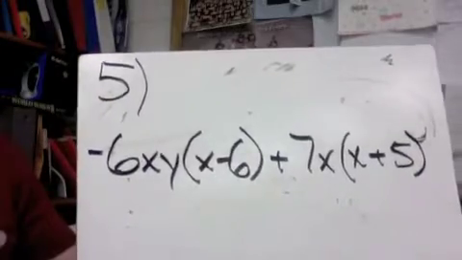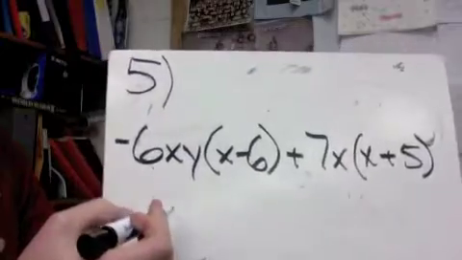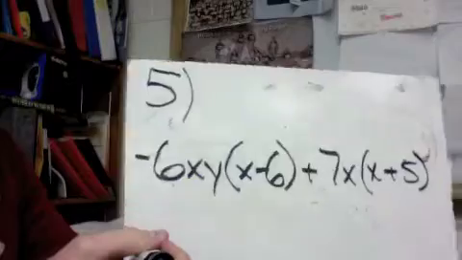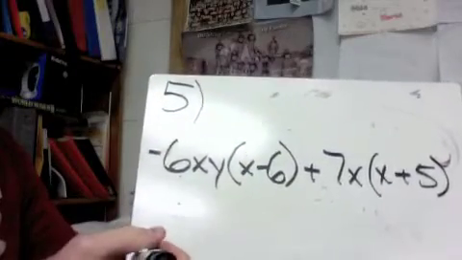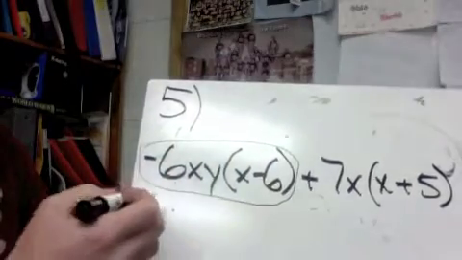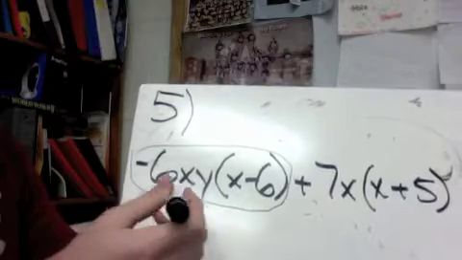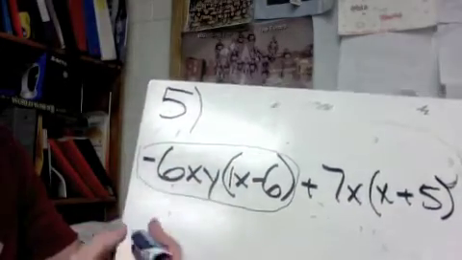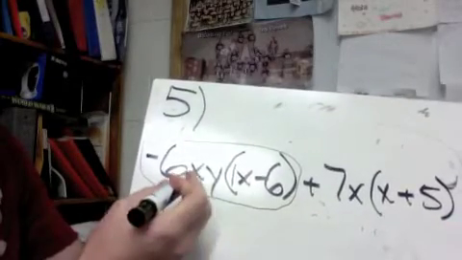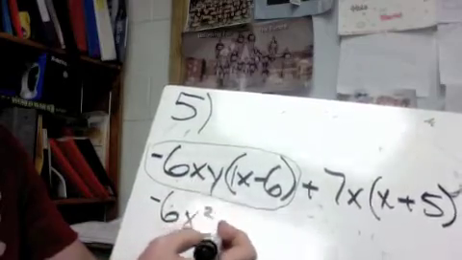Number 5 I thought might be a little bit confusing anyway because we've got this negative 6xy, so it looks a little bit different than some of the others, but it doesn't really work any different. If we do the distributive property here, this is what we're looking at for the first part. If we do negative 6xy times x, and if you want to put that 1 in there, that's fine. Of course, it's going to be negative 6 to start with, and then we have an x times an x, which is going to be x to the second power, and we still have that y, so we put that